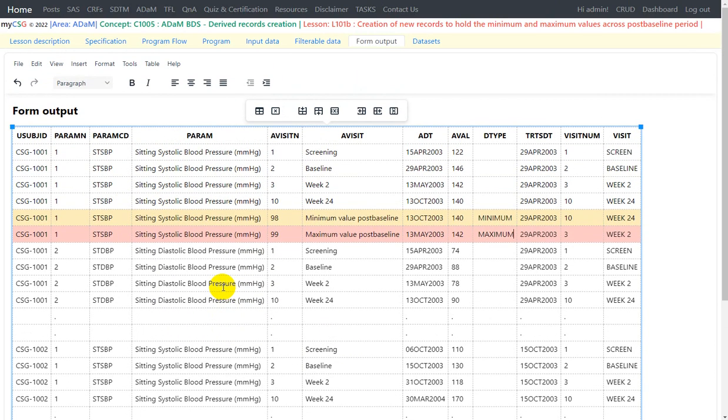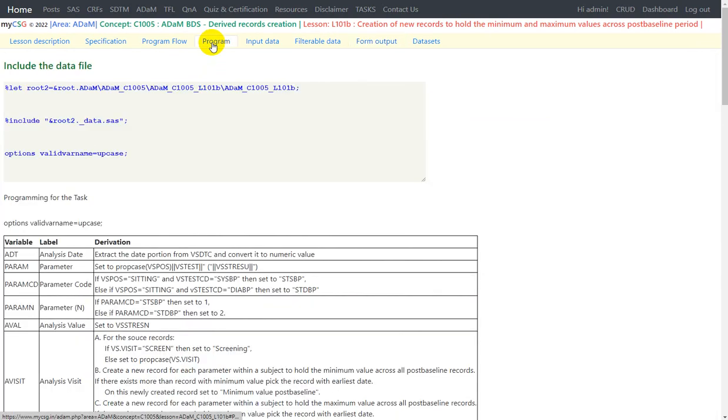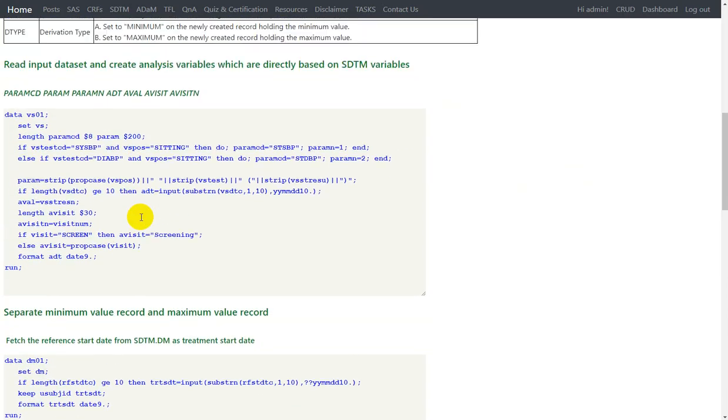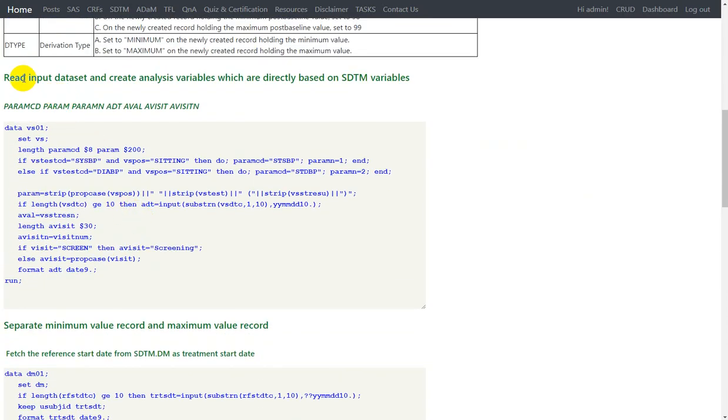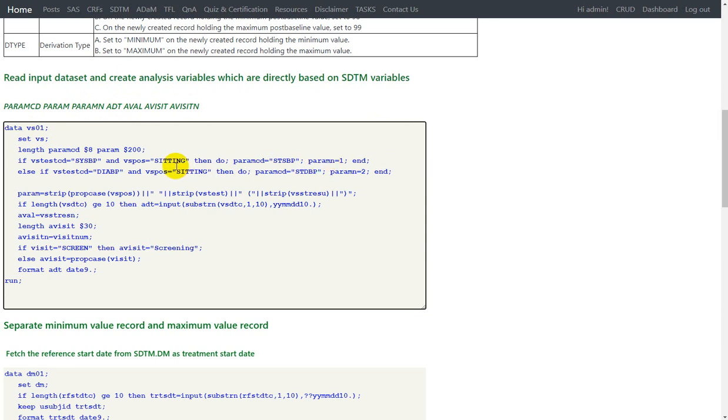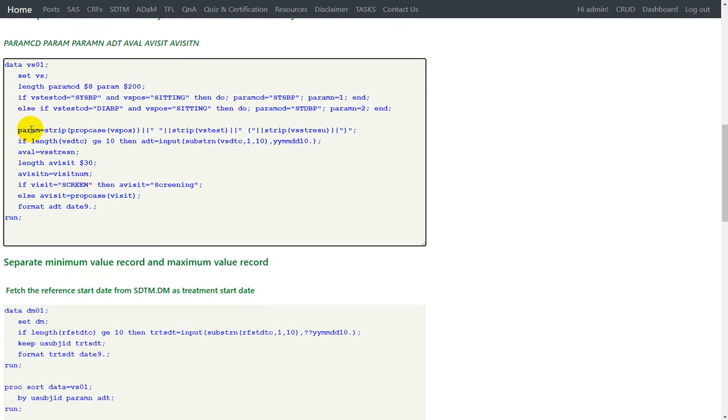Now let us come back and see the programming approach for this. As part of the first step, what we are trying to do is read the input dataset, and we have some variables which are directly based on the input variables, some of which are PARAMCD, PARAM, PARAMN, ADT, AVAL, and AVISITN. We are creating PARAMCD and PARAM using the condition specified in the specification. And then we create the PARAM variable based on the logic provided in the specification by